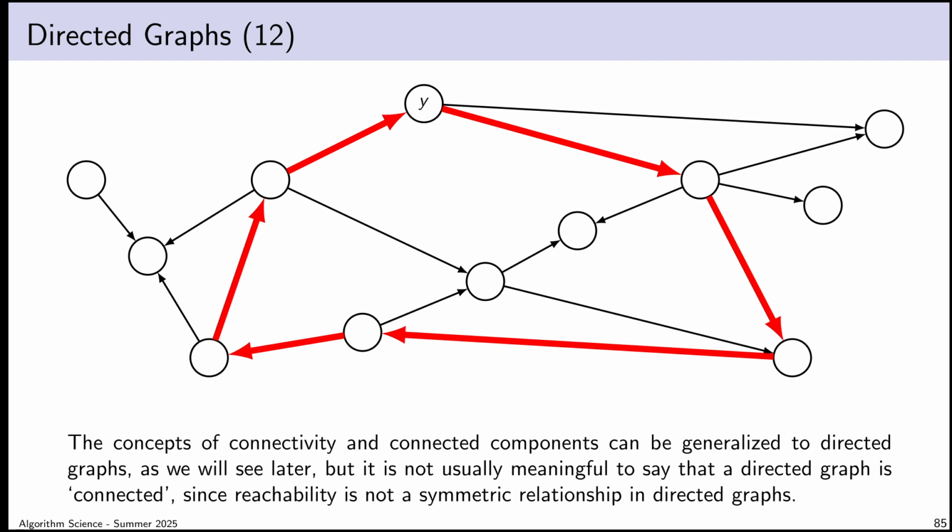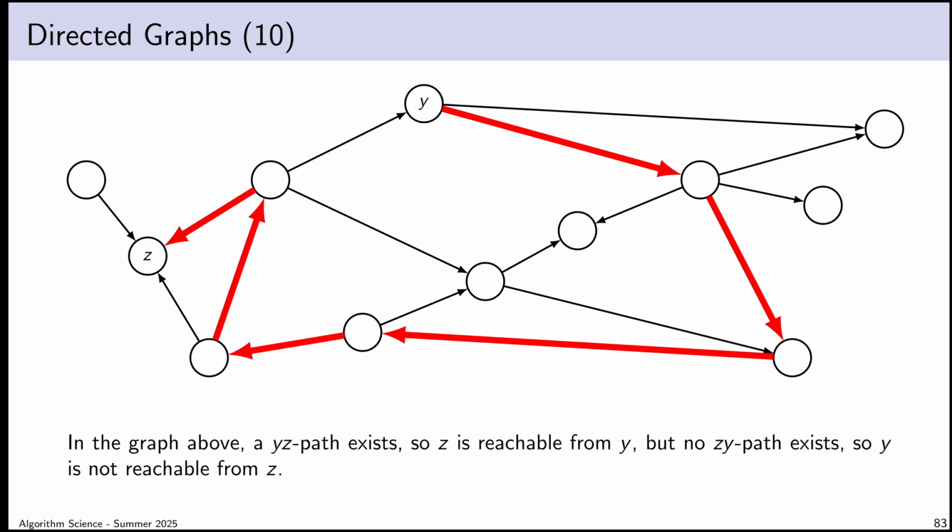There's a way of talking about a type of connectivity in directed graphs, but I won't talk about that just yet. It deserves a large segment of a lecture. So we're actually going to have a separate lecture on connectivity after we've learned some other things. The key thing to know right now, as I said, is that reachability isn't symmetric. Just because I can go from y to z doesn't mean there is necessarily a way to go backwards, but